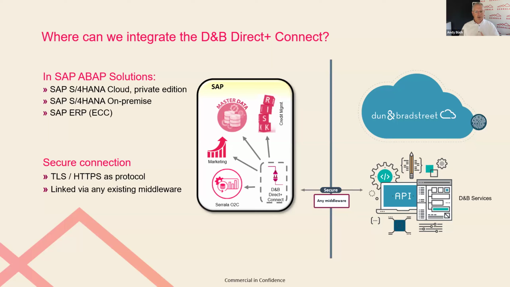That is, again, an add-on to your SAP environment that gets connected to the D&B API in a secure manner. If there is any IT in the room, yes, we do support all those different middlewares. There is a secure communication. Of course, again, fully certified and supported by SAP. I just listed some SAP systems we do support, and probably the most important ones. I know some of you are still on ECC, on SAP ERP 6.0, but many are already moving to S4HANA or moved to S4HANA already, down to 2302. So we are certified again, and the SAP version itself is not that important anymore.